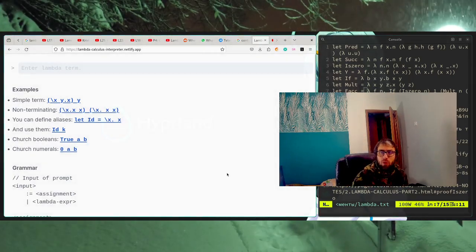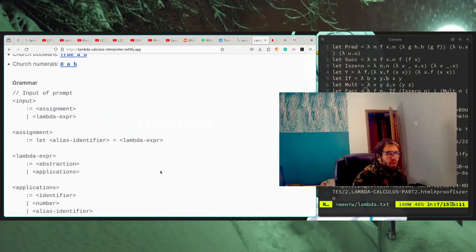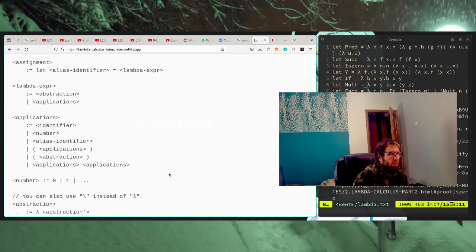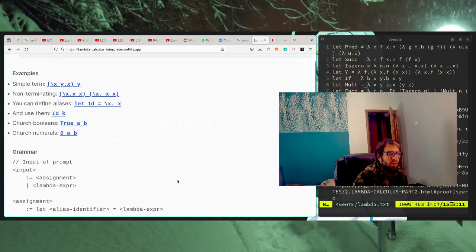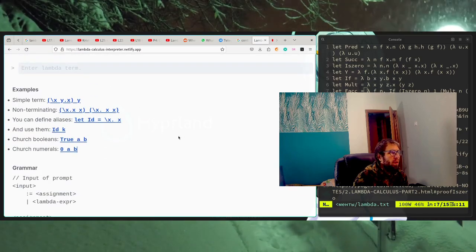Why did I start to search for this thing? I want to play with Lambda calculus terms a little bit and implement some functions, primitive functions in the Lambda calculus. And I found that this thing is very interesting because it allows you to do beta reductions to the normal form, and also